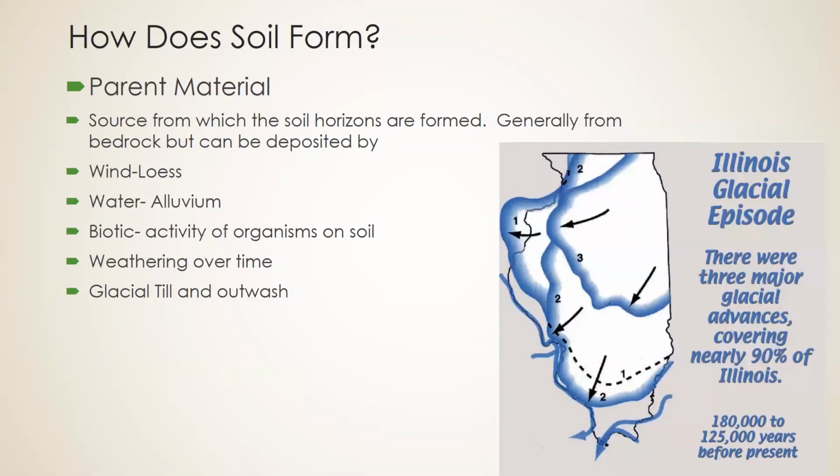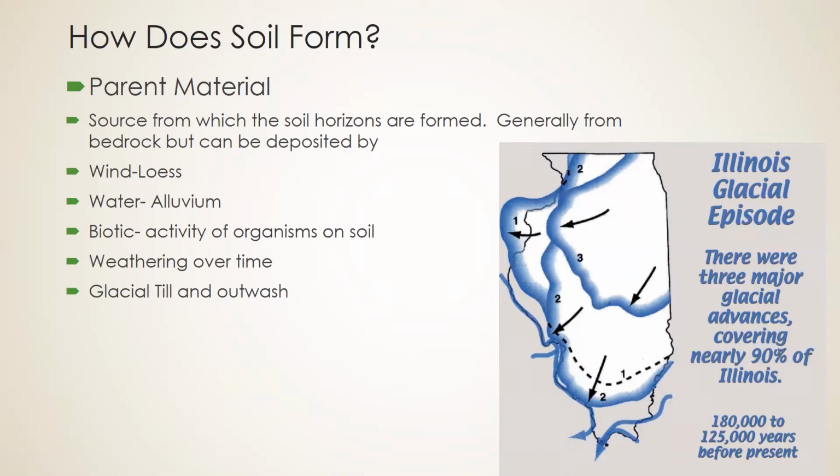So one of the primary ways is through wind. A good example of that is wind erosion, which is something we try to control and try to mitigate. But in the natural course of creation of soil, that is one common action of creating soil, and that's known as loess or less soil.